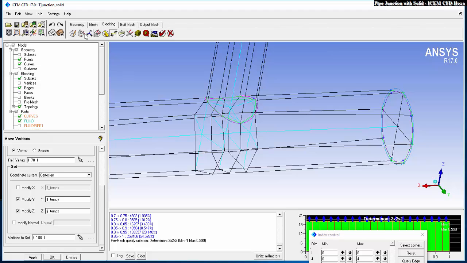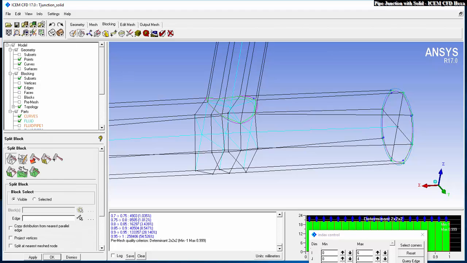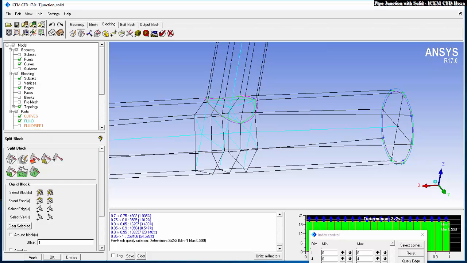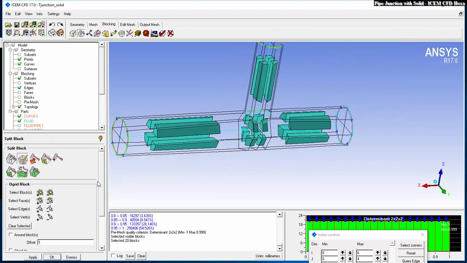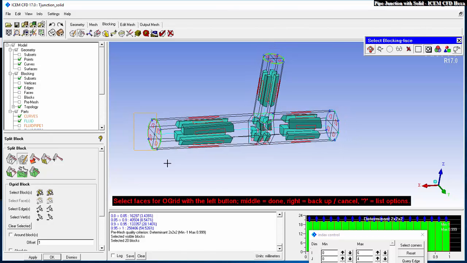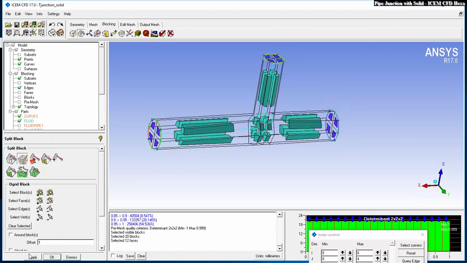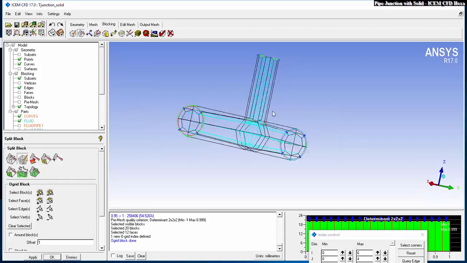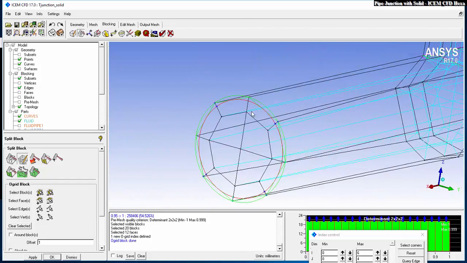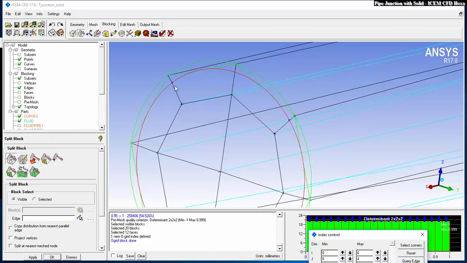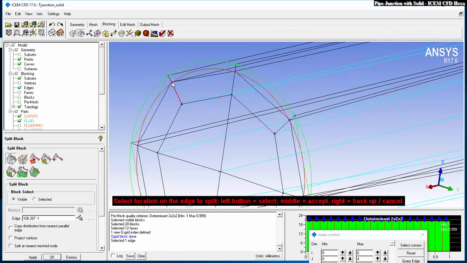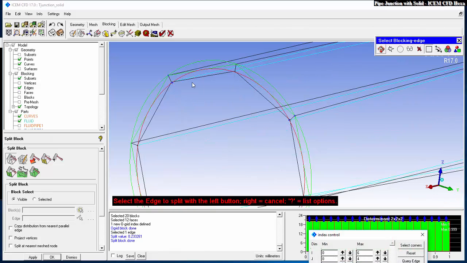Okay, now go to the split block command and here choose the creation of the O-grid. Choose all the blocks here and choose faces on the outermost boundaries, which are the inlets and the outlets. Click on apply, and now again go and split the block approximately at this location corresponding to this curve,